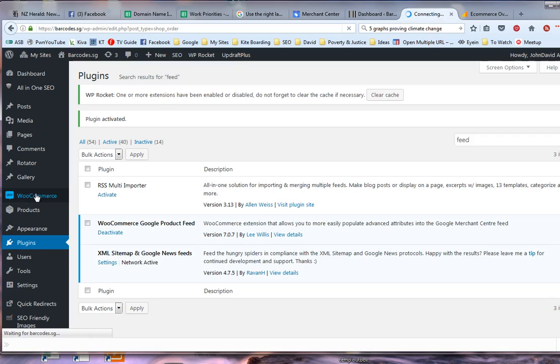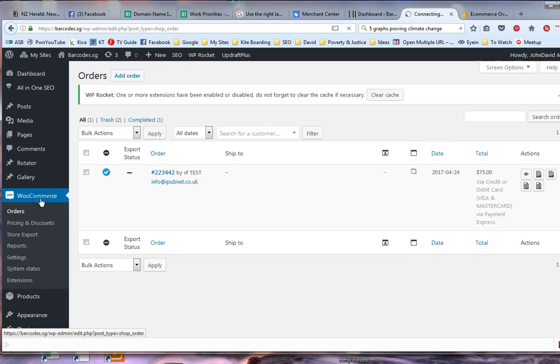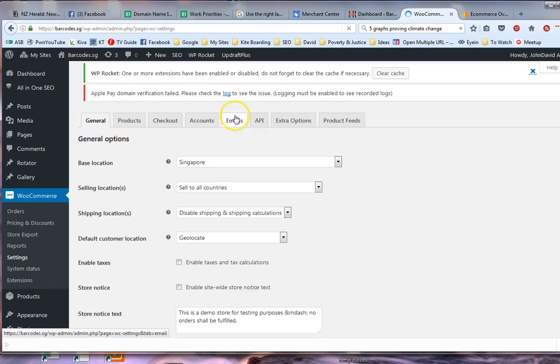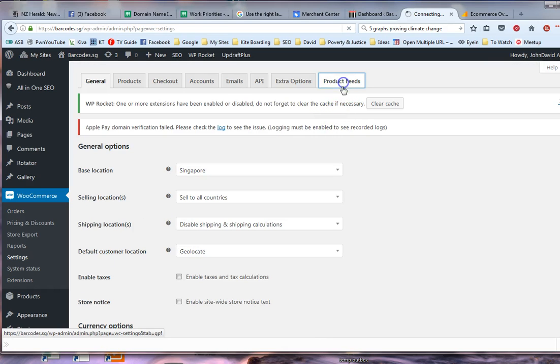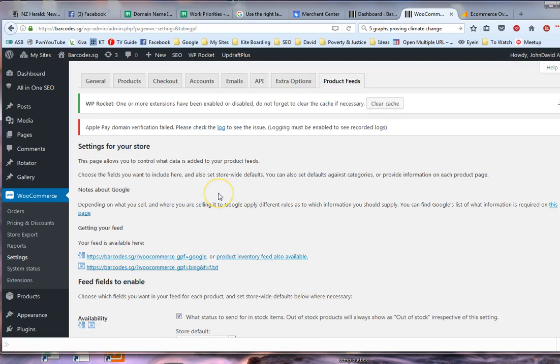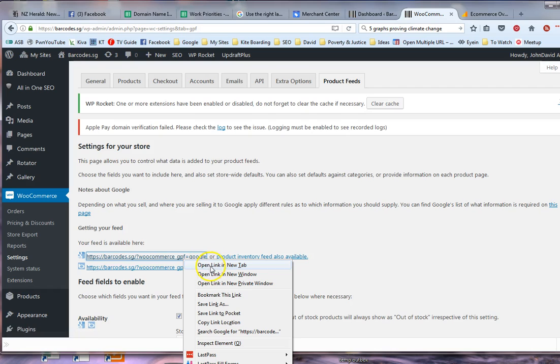and then if I go to WooCommerce, settings, product feeds. Okay, it has created product feeds for me already, and these are the feeds. So if I copy that URL